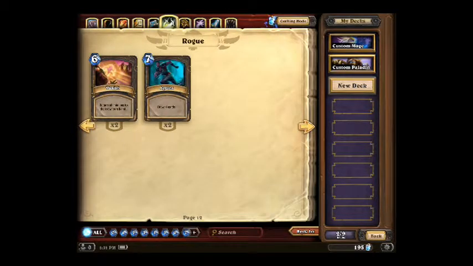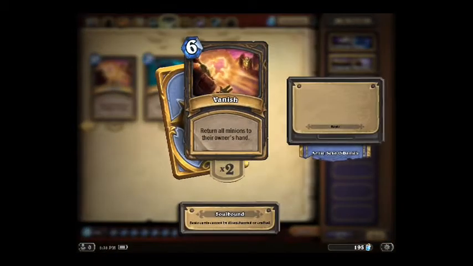For 6 mana, Vanish. This card returns all the minions to their owner's hand. So when you play this, it will return your minions back to your hand, but also the minions of the enemy back to his hand. So this cleans out the entire table. It can be very useful in some kinds of situations, but